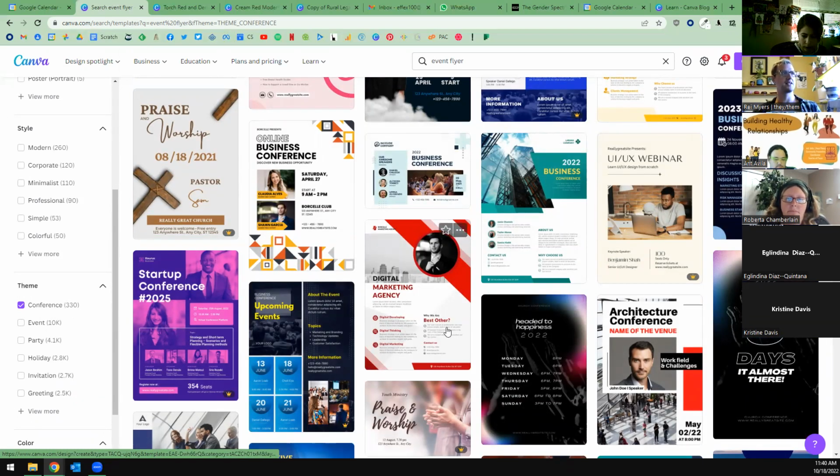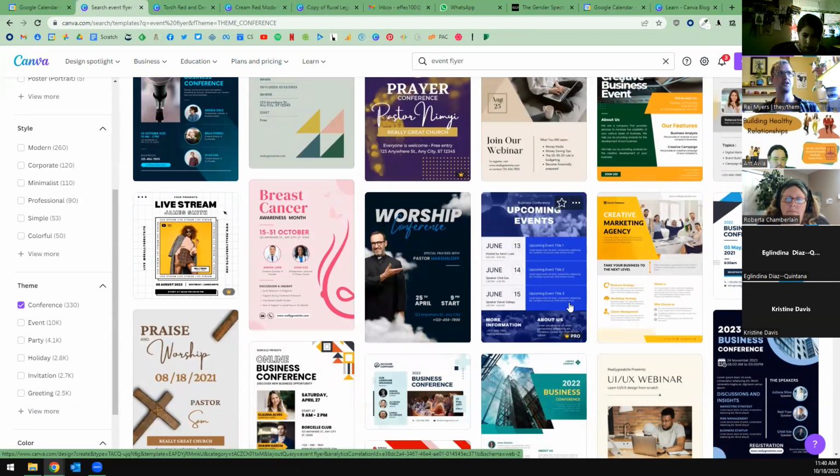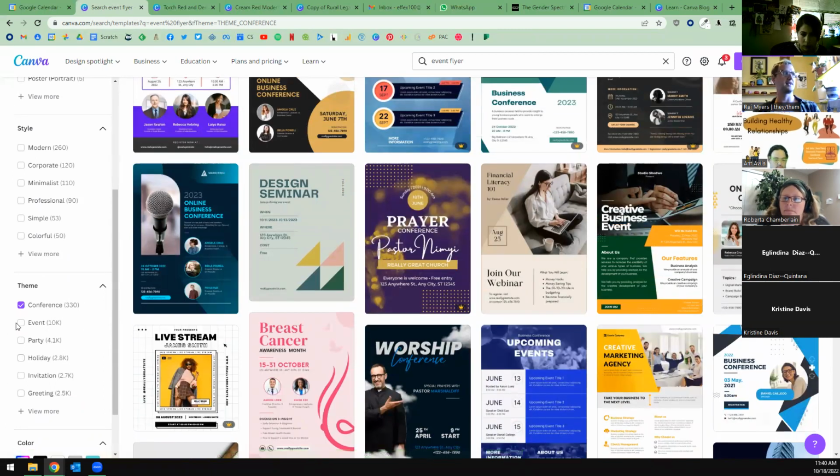If you notice, for conferences, a lot of them have spots for multi-day schedules, topics, dates, speakers, things like that. And I think that's the most important thing to take away when you're using templates: have a good idea of the information that needs to be on your design before you start. Like if you have it all in a Word document, because sometimes the format is more important than the actual theme. You can change the design elements. You can change the graphics. You can change the color scheme within reason,